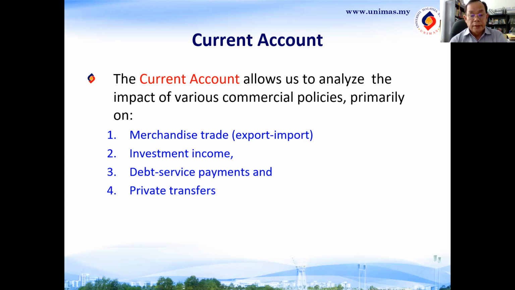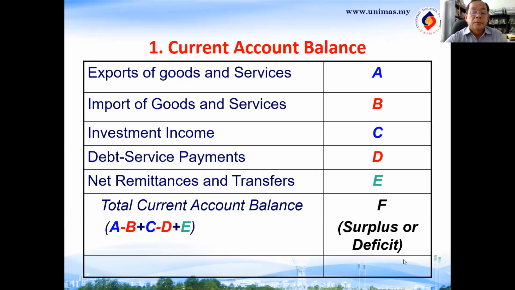This is the payment that the country has to make to service its loan that it takes from either foreign bank ataupun foreign country. And the fourth is the private transfers, or the transfer of funds from private individuals. Okay, so I can show you the tables on the various components of the current account